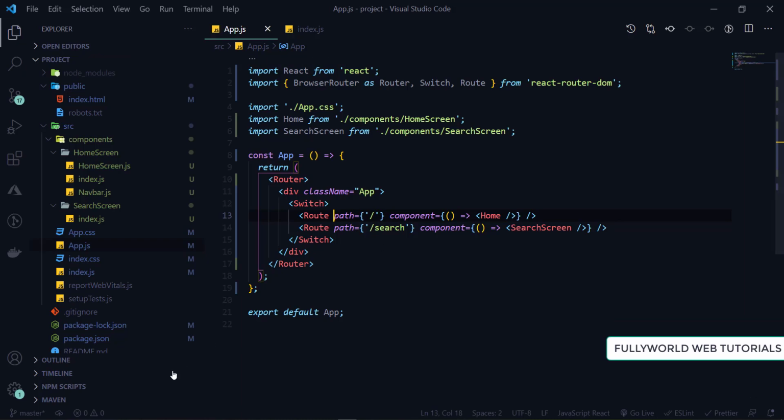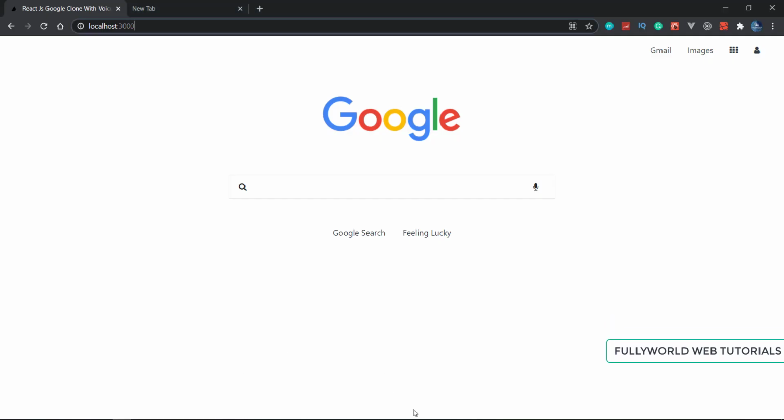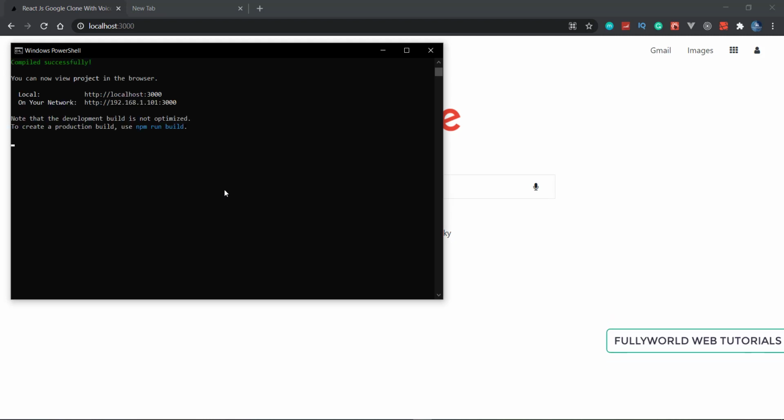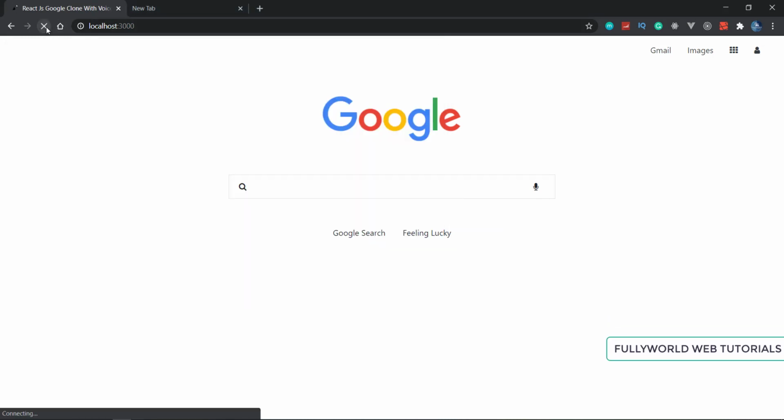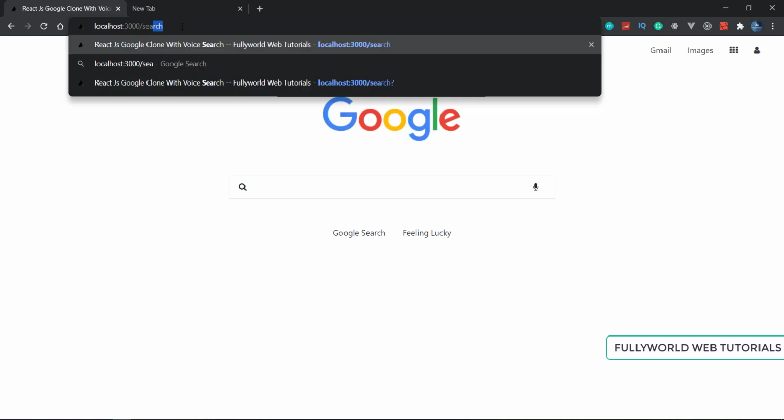Now it is saved successfully, and I think it is compiling. Let's wait for a while until it is compiling. It is compiled successfully. Now let's reload this. Sorry for the background sound. Here I'm going to write search.